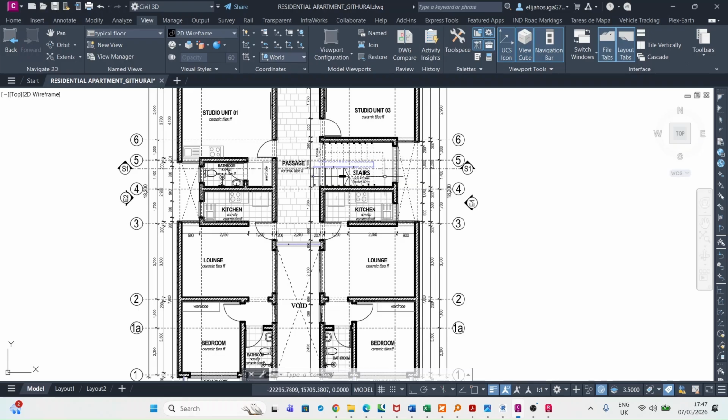So to view our landing and how this staircase looks like, we are coming from the ground floor and then we go up. So we climb like this. You can see the arrow that is going up from the architect's drawing, and then we go up. All right, so this is how we do it. So you can see here you go down and here you go up. And going to another